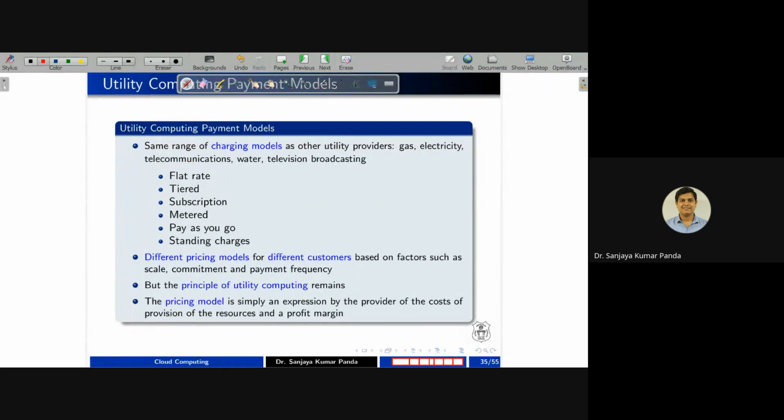But many users are using the tiered concept. The pricing scheme is tiered. Tiered means I can say 0 to 100 units, let's say you have to pay 1 rupee. 101 to 200, you have to pay 2 rupees, just like our electric system. 201 to let's say 300, you have to pay 3 rupees, and so on. So if you have crossed a particular tier, the charge is more.